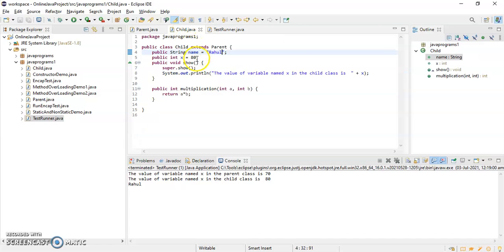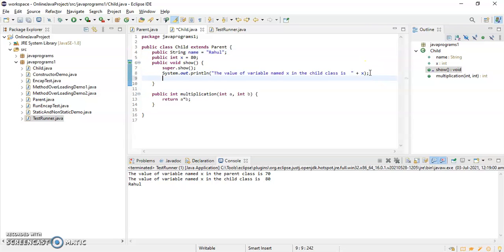What I can do is write here System.out.println, and write super.name.